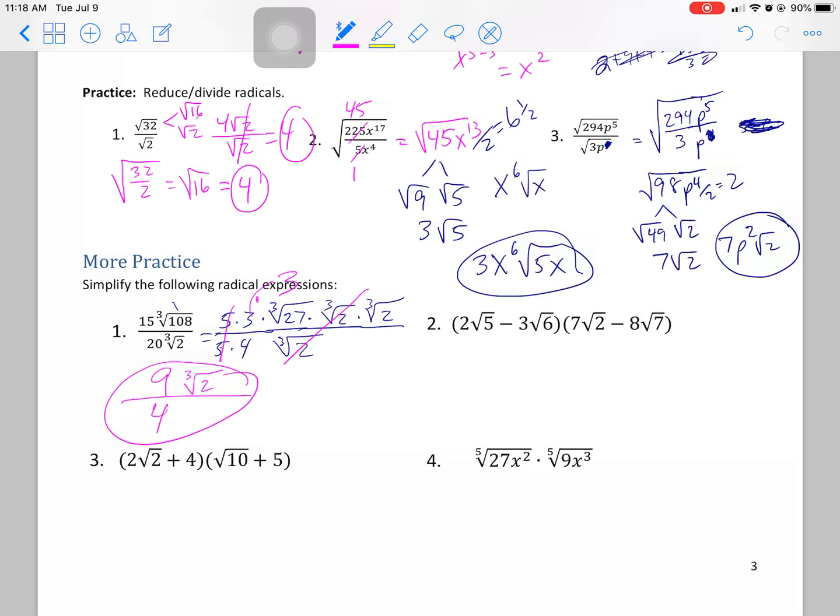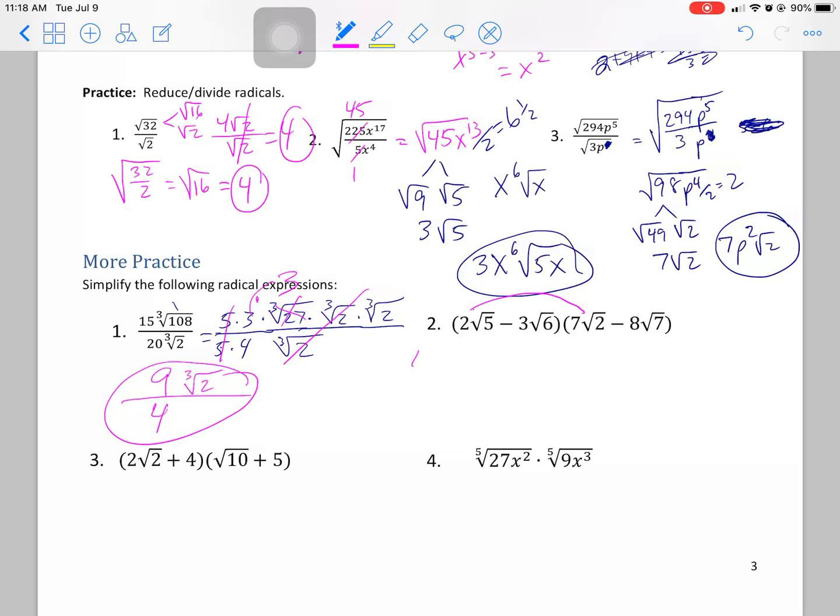I bet there's 5 different ways to do that problem. That's just one way I'm sort of picking to do it. Okay? However you get through that. Sometimes it's easier to separate things into factors. All right, how about